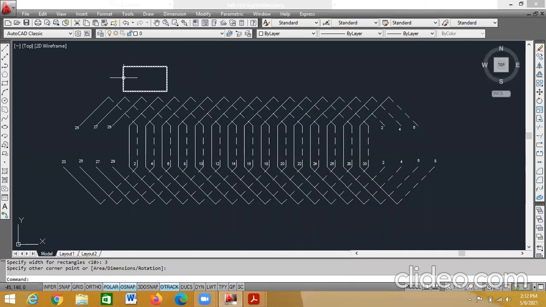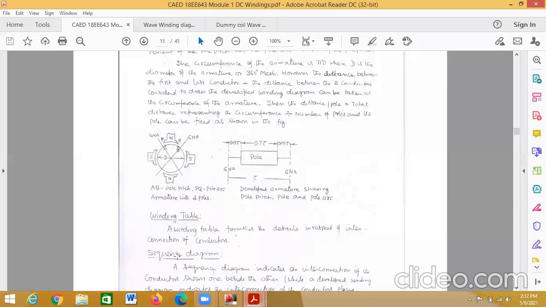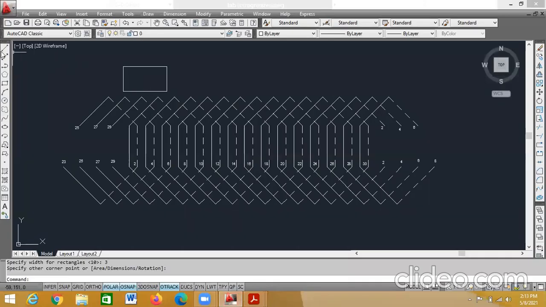So then what should I do? I should take 1.125, which is 0.15 tau. I'll draw a line of 1.125 from the center of this side of the rectangle. I'll switch on the ortho and take a line. Select the midpoint of this side; the square is the end point, the triangle means midpoint.